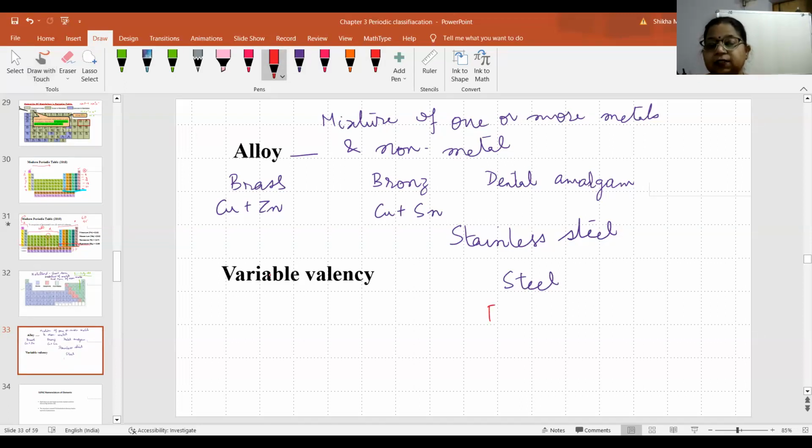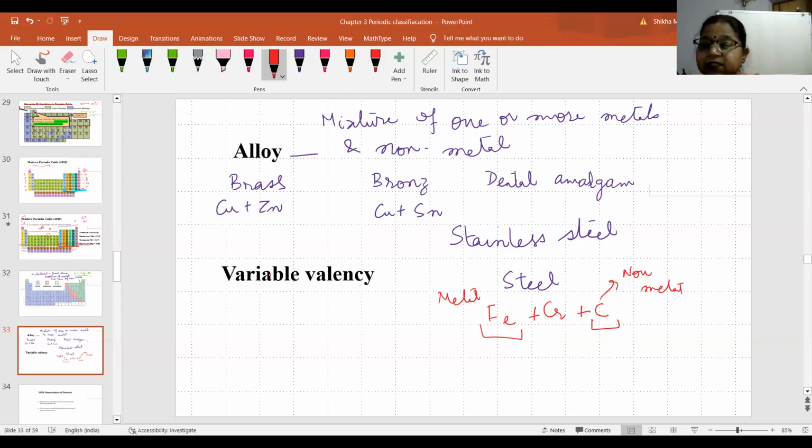The main component of steel is iron. Whatever we are using as utensils is made up of iron. Then it has chromium. One of the important things about steel is that it can have variable components and can have any number of metals in it, right? Basically, the two major components which must be there in steel are iron and carbon. It is a classical example of an alloy in which there is a metal and a non-metal. All of us know that iron is a metal and carbon is a non-metal, right?